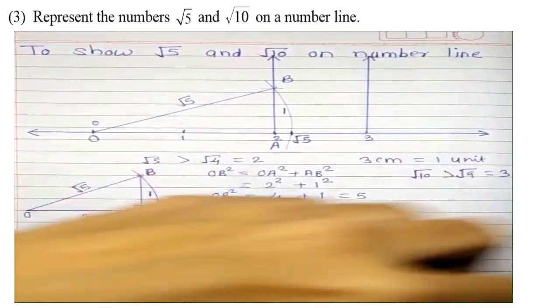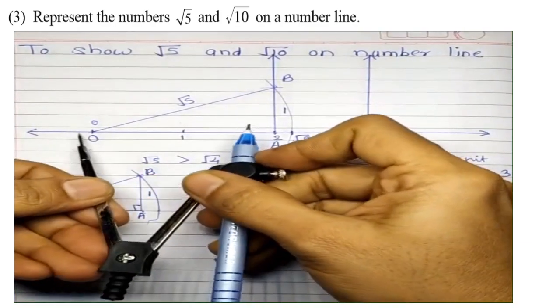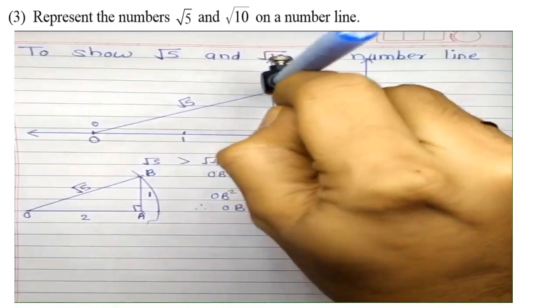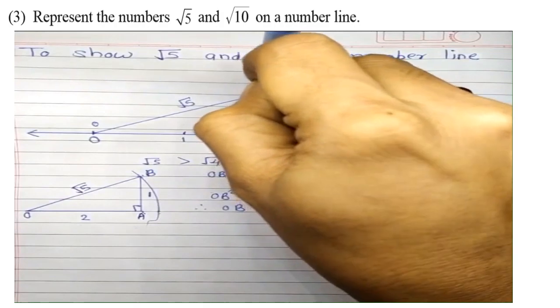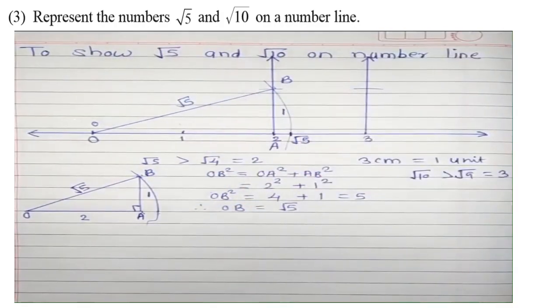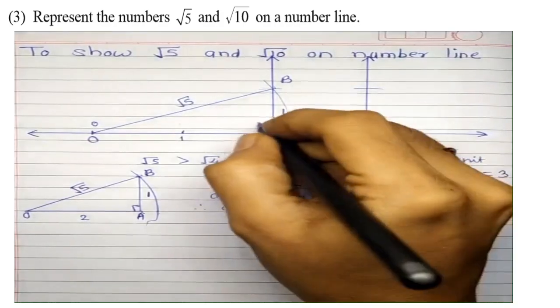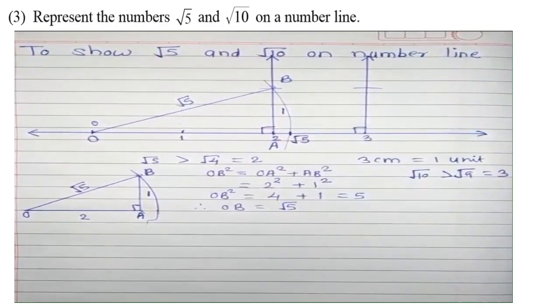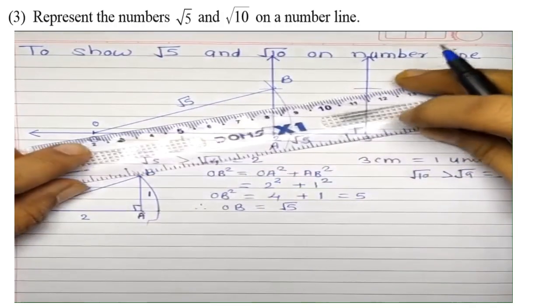As I have said, again the height should be 1 unit. You can take it from here also, anywhere. We want 1 unit, so take it as 1 unit. Don't forget to mark the perpendicular sign here. It shows that it's 90 degrees. So now when I join this